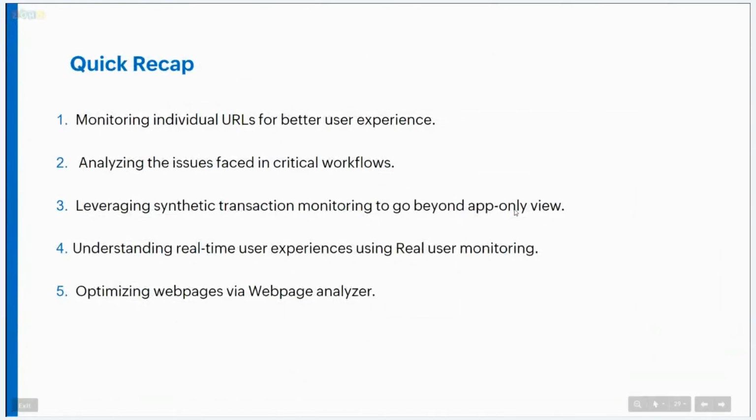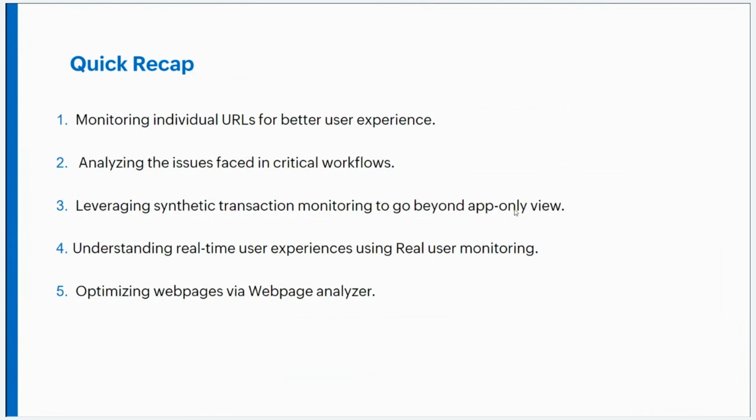So now we'll see a quick recap of what we've seen in the webinar so far. We understood how we can monitor individual URLs for better user experience. Last week we talked about APM Insight, which is a real-time transaction level monitoring tool. And this week we've talked about transaction monitoring from the front end, where we discussed RBM and RUM, wherein synthetic transaction monitoring can help you analyze critical workflows, and you can even use it to go beyond the app-only view.